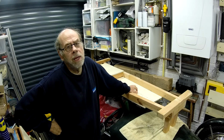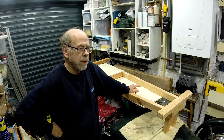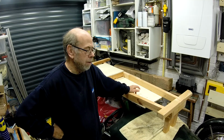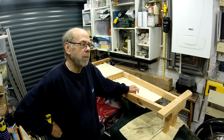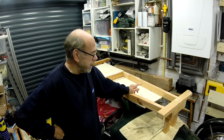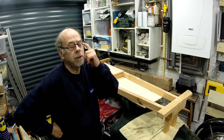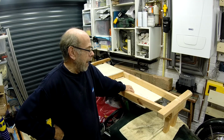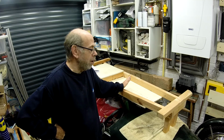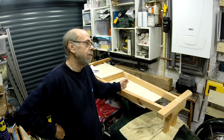Right, now I started thinking about this project in April 2021. That was when the first germs of an idea came into my head, and I think it wasn't until probably 2 or 3 weeks later I decided I was going to have a crack at building the Cyclekart. It's now mid-October 2021, so it's just about 6 months have gone on since then, and all I've managed to achieve so far is effectively the mock-up. I've had 6 months of thinking, planning, researching,